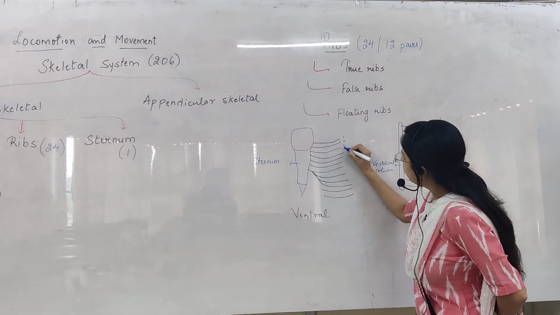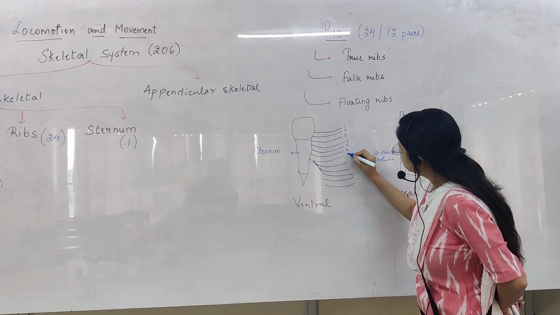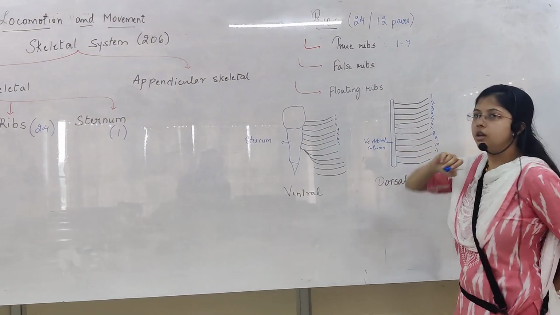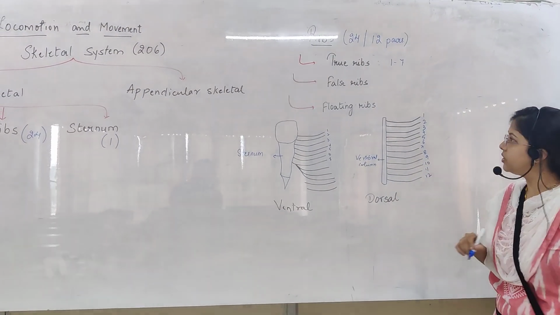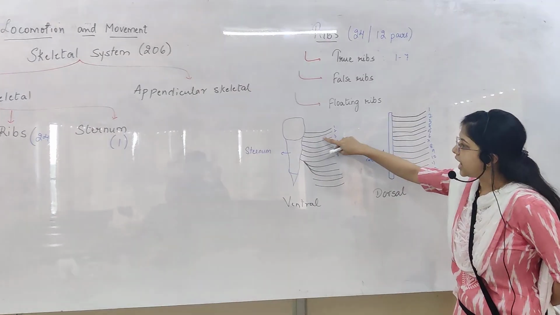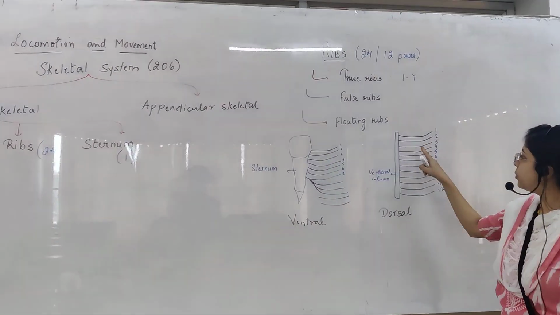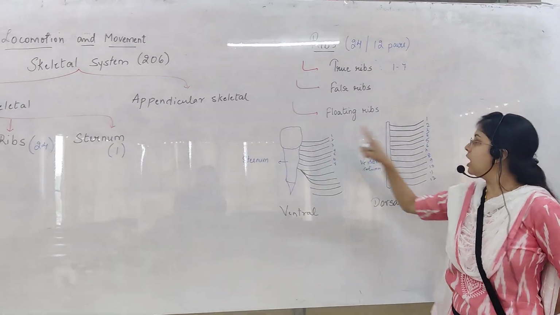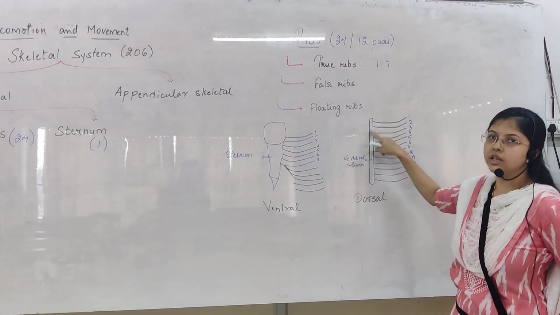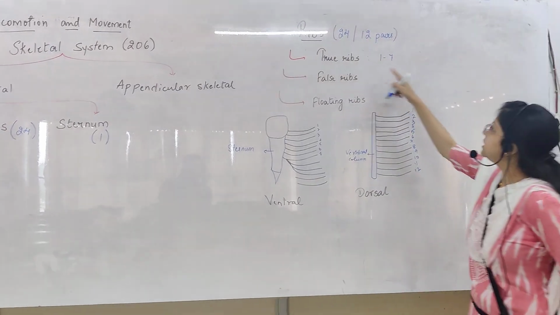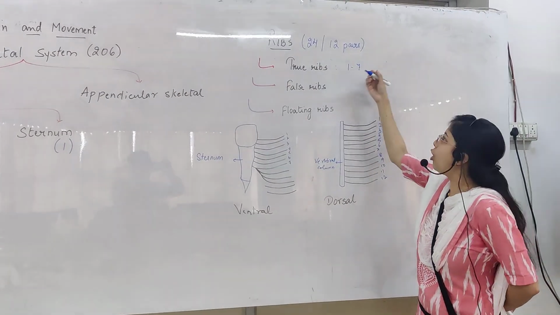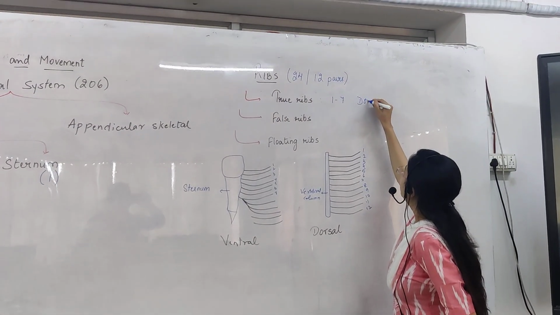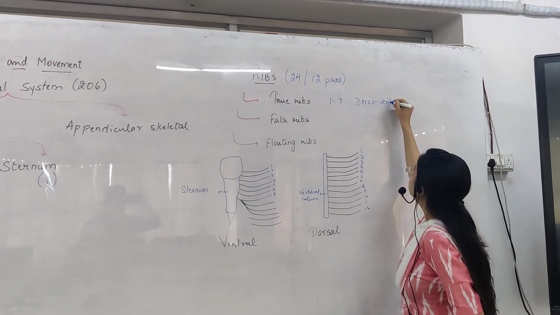The first 7 pairs of ribs, these are called the true ribs. Ribs 1 to 7. The reason is they are attached to the sternum as well as the vertebral column. Sternum के साथ they are attached on the ventral side and vertebral column के साथ जो है वो dorsal side पे attached है. इसीलिए उनको true ribs भी बोला जाता है, और they are also called dorsoventral ribs, क्योंकि वो ventrally or